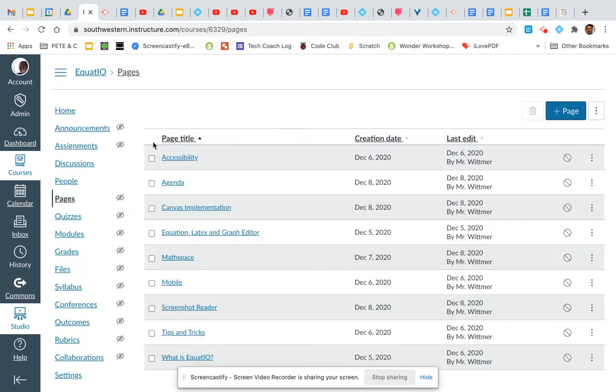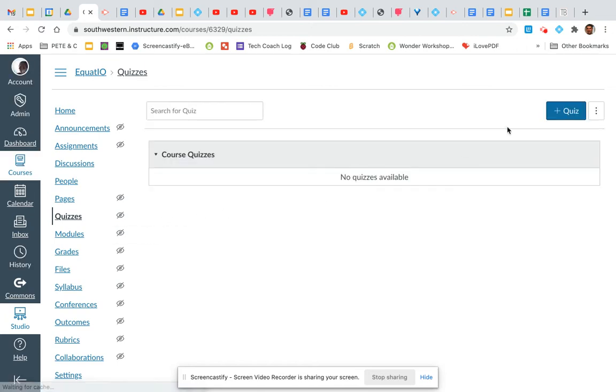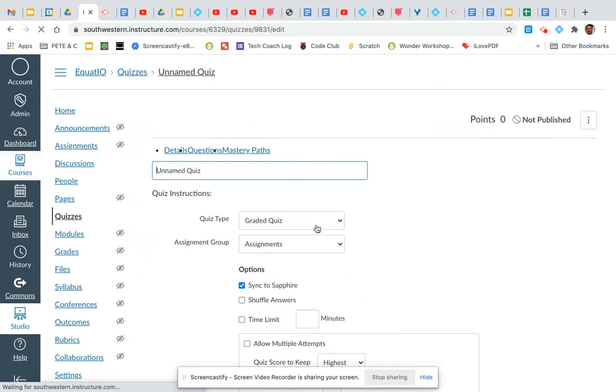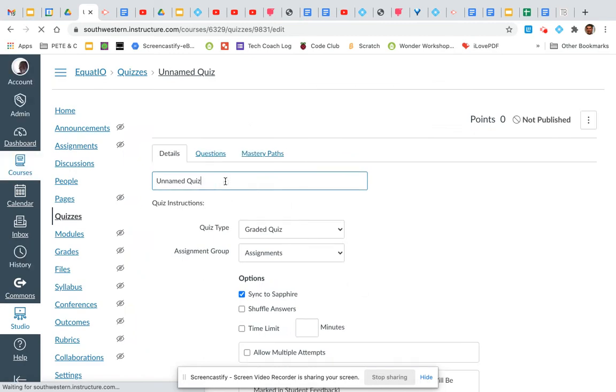The second way, and I think the more powerful way for us to be using EquatIO, is in quizzes. So I'm going to click quizzes here, and I'm going to click a new quiz. And I want you to be aware that you can only use this in classic quizzes. The external tools do not come up in new quizzes, so we only want to do it in classic quizzes. So I'm going to hit submit, and I'm going to call this